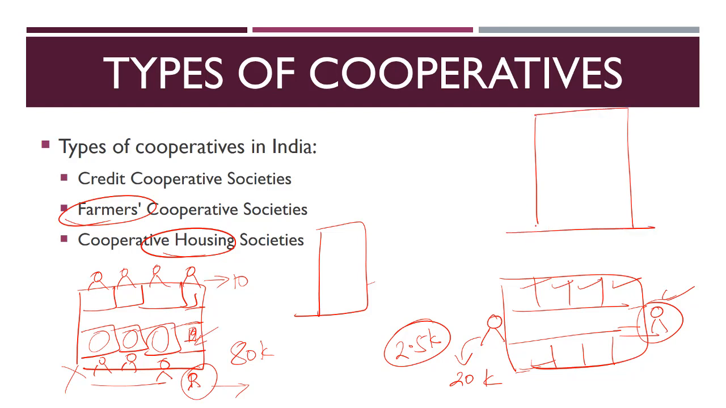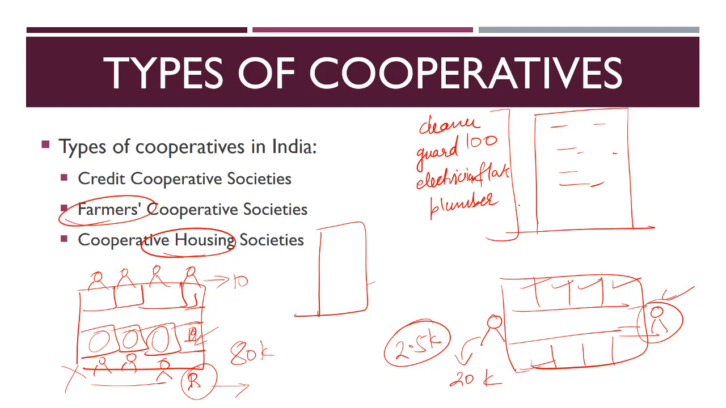Let's say an apartment or housing society has 100 flats. What will they do? They will hire a cleaner. Apart from that, they will also hire a security guard. Let's say they even want an electrician who can come and see to things, and a plumber. If an individual flat owner contacted each of these individuals, they would be